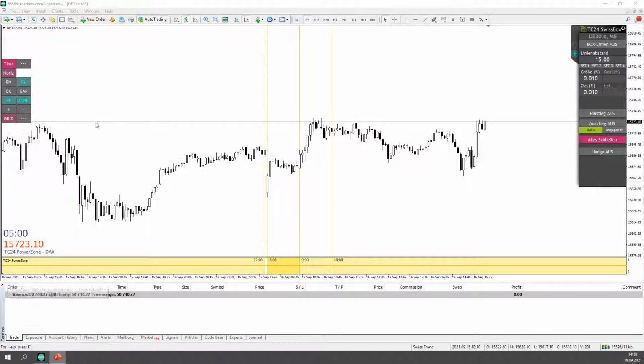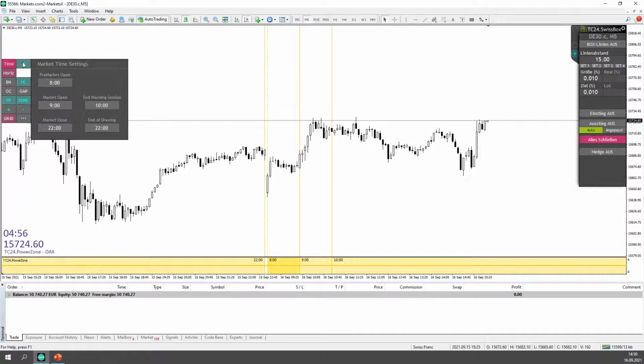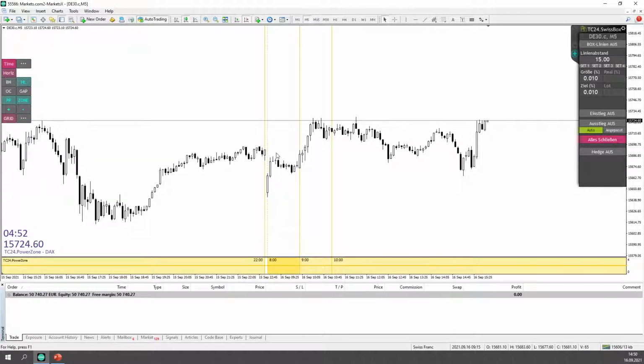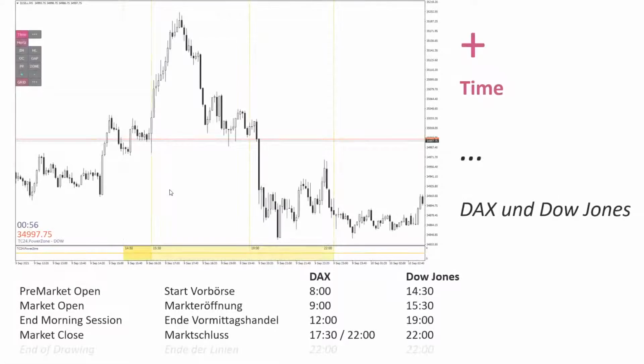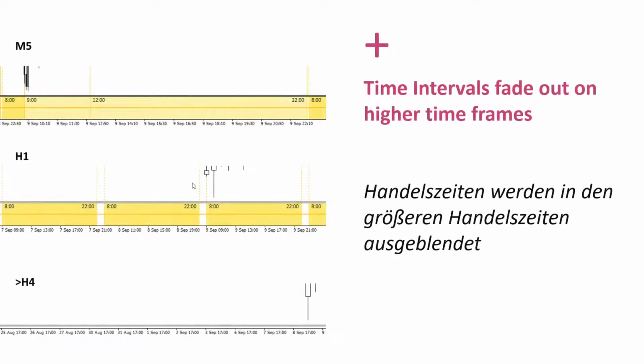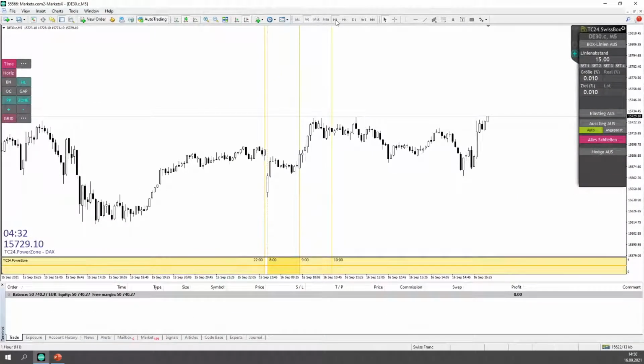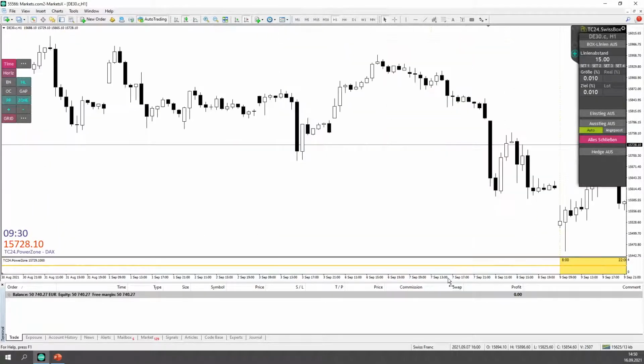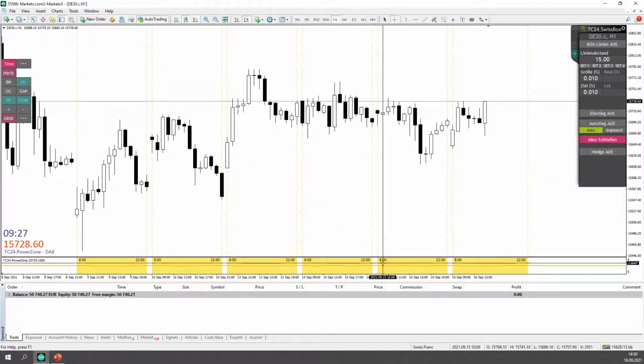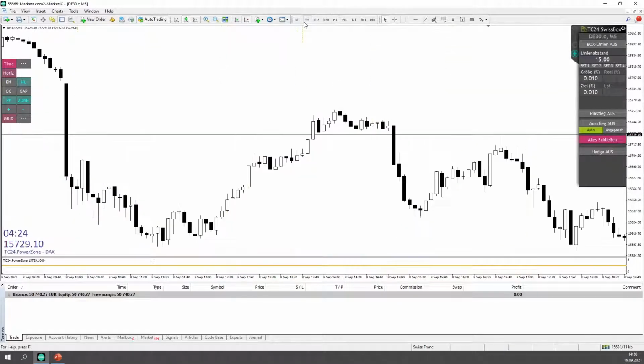I think for the market time settings, it is not too often the case that you need to change this. But also if you come down later on to this grid box settings, then it's also very comfortable to use them just from the front end. Another thing is that these time frames are getting more condensed within higher time frames. So if you move up, for example, to a one candle is 1 hour chart, then you see that they get more condensed, so they don't mess up